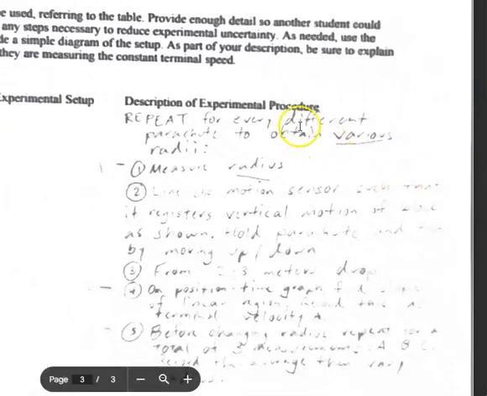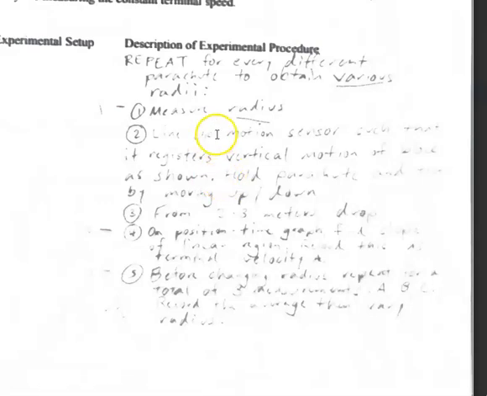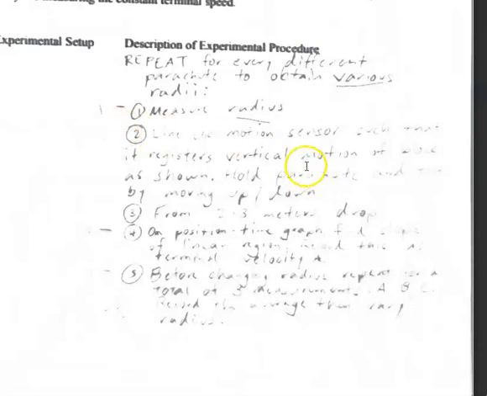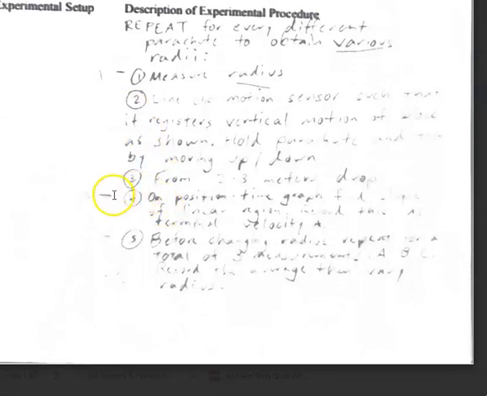Okay, so first thing you have to do is you absolutely have to measure the radius. The other thing that you need to do, which I added after the fact, is make it clear that you're doing different radii. You need to make it clear that you're going to do something with your motion sensor or with your stopwatch and meter stick so that you are ensuring somehow that you're getting constant velocity, because the thing's not going to reach terminal right away. You need to specify how you're going to get the velocity from that